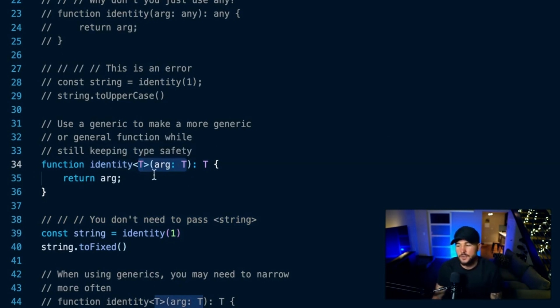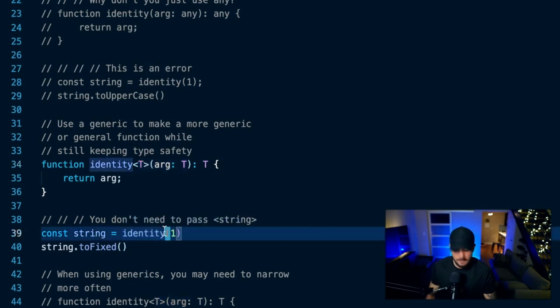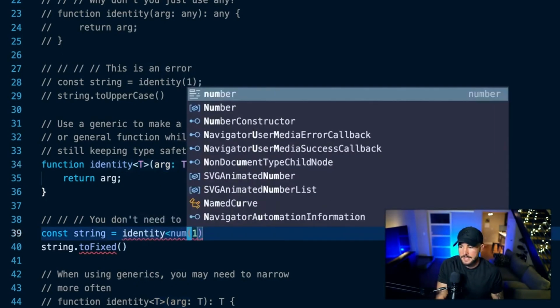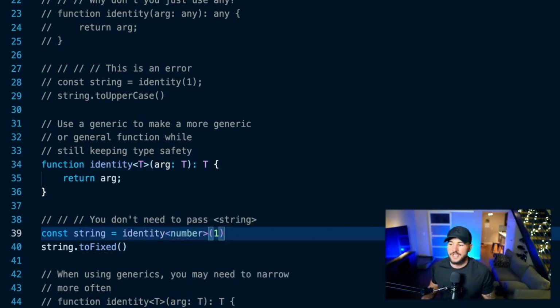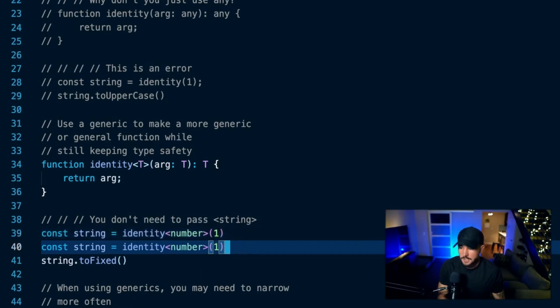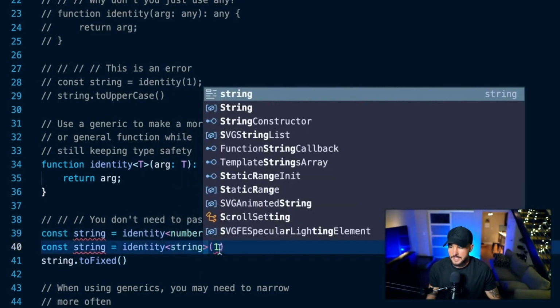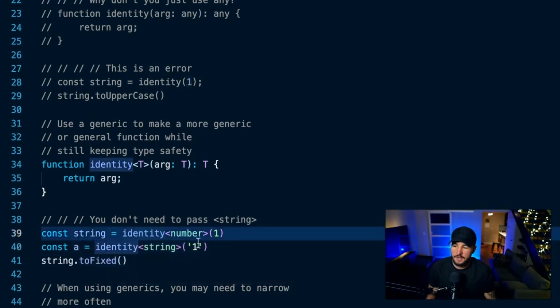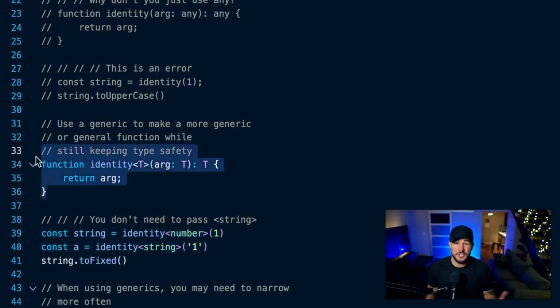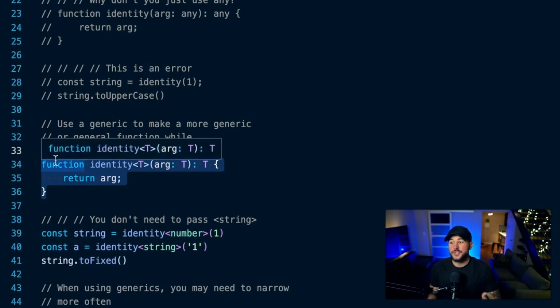So you can still use inference here, but sometimes I do like to explicitly say, hey, I want to pass a number to this function in this instance. But then I could call this function several other times, and I could pass a string to this function. We'll just change the name there, and you can see that I can call this function several different times and just pass different types to it, and it allows this function to be more generic because I use generics within